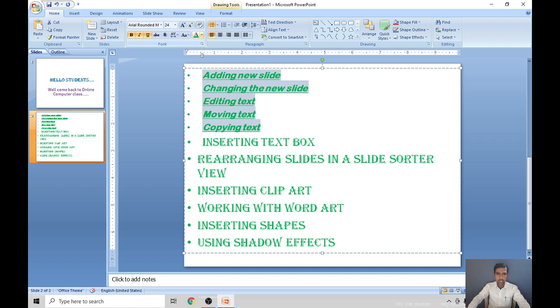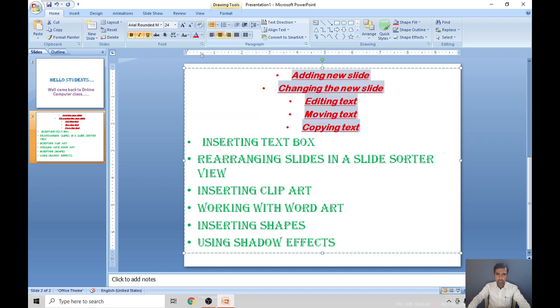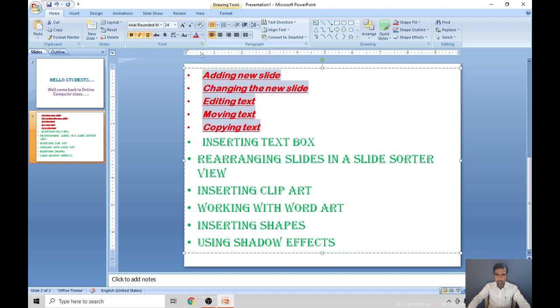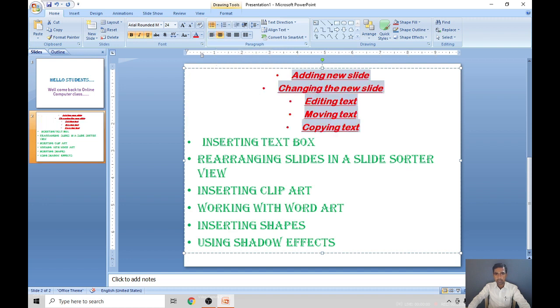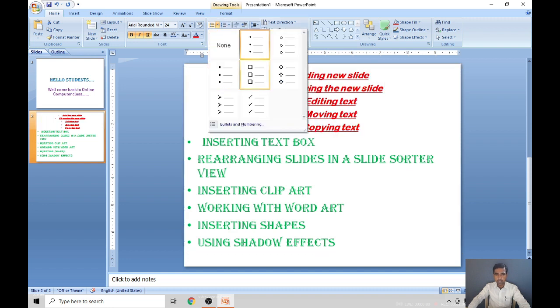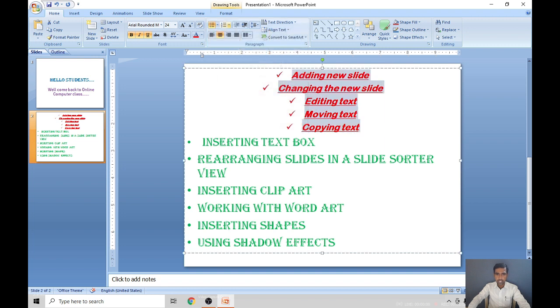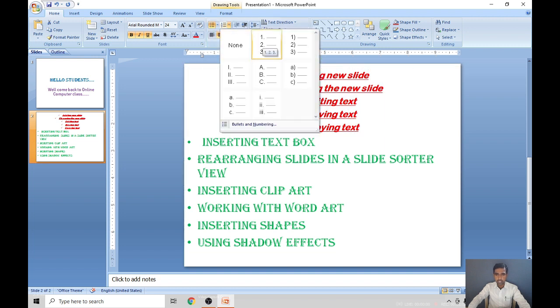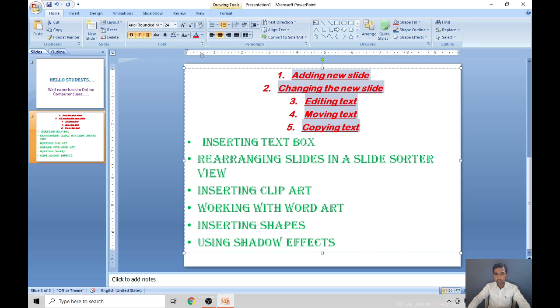You can change the color of the text also, and you can make the text center, right, and left. Now I'll make it center, and you can give different bullets also. These are the bullets, and you can give numbering to the points also. So this is the formatting of a text.